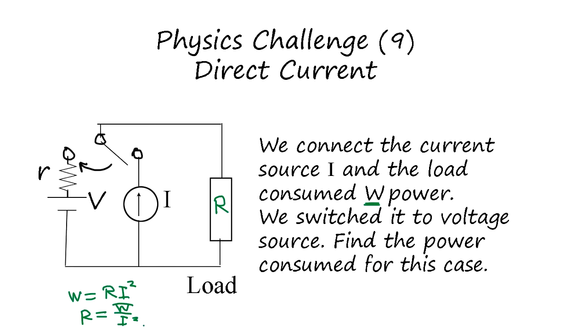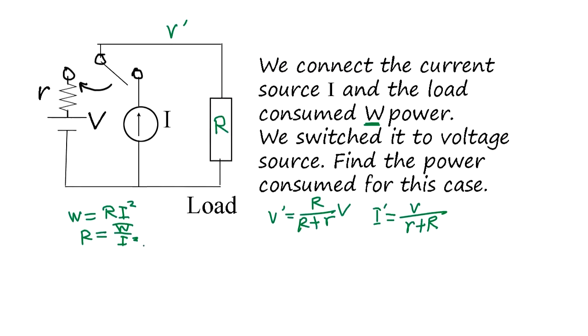It's going to be the voltage here. It's going to be R over R plus R times V. Okay, and the current is going to be V over R plus R. So if you multiply them together, the new power, V prime I prime, equals